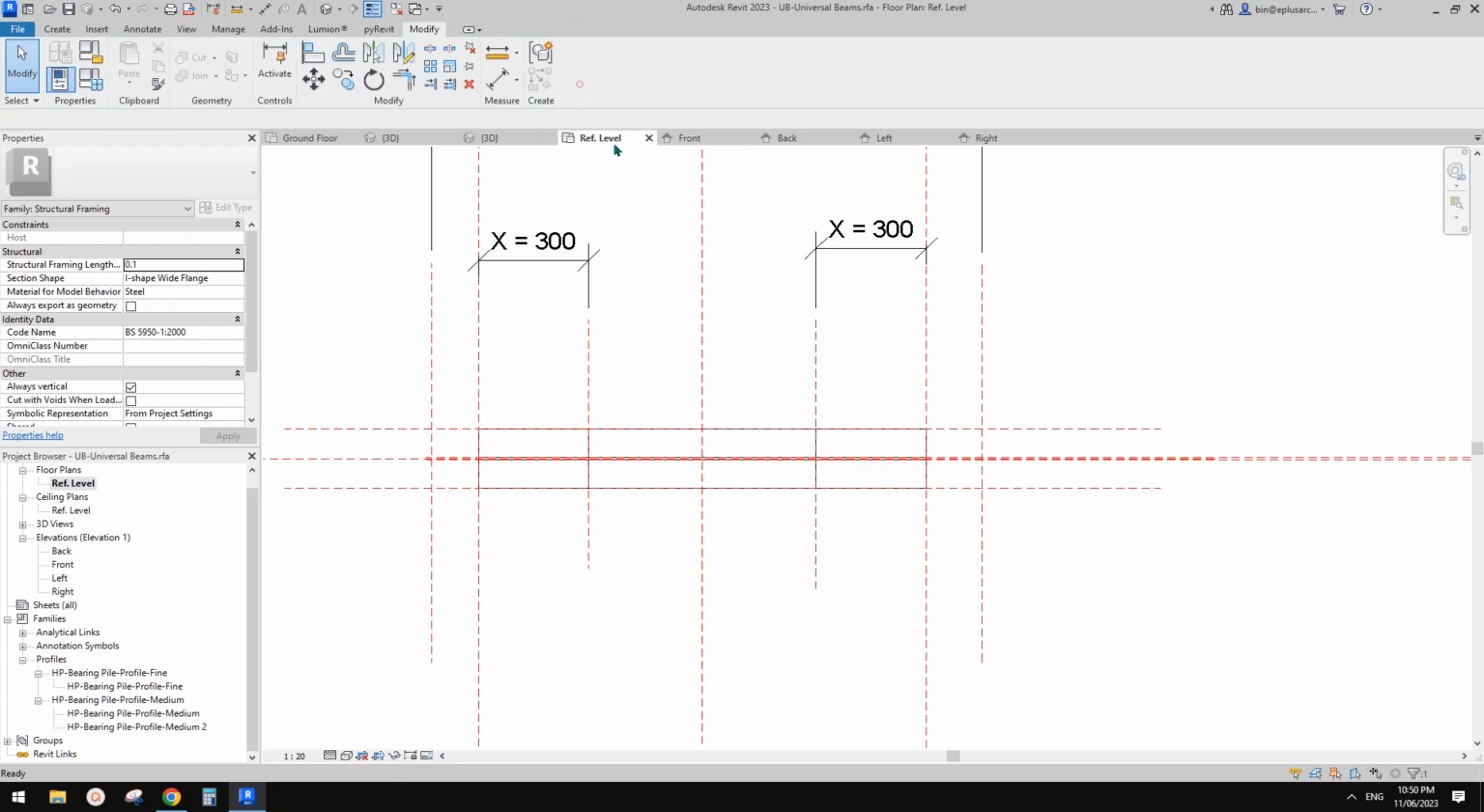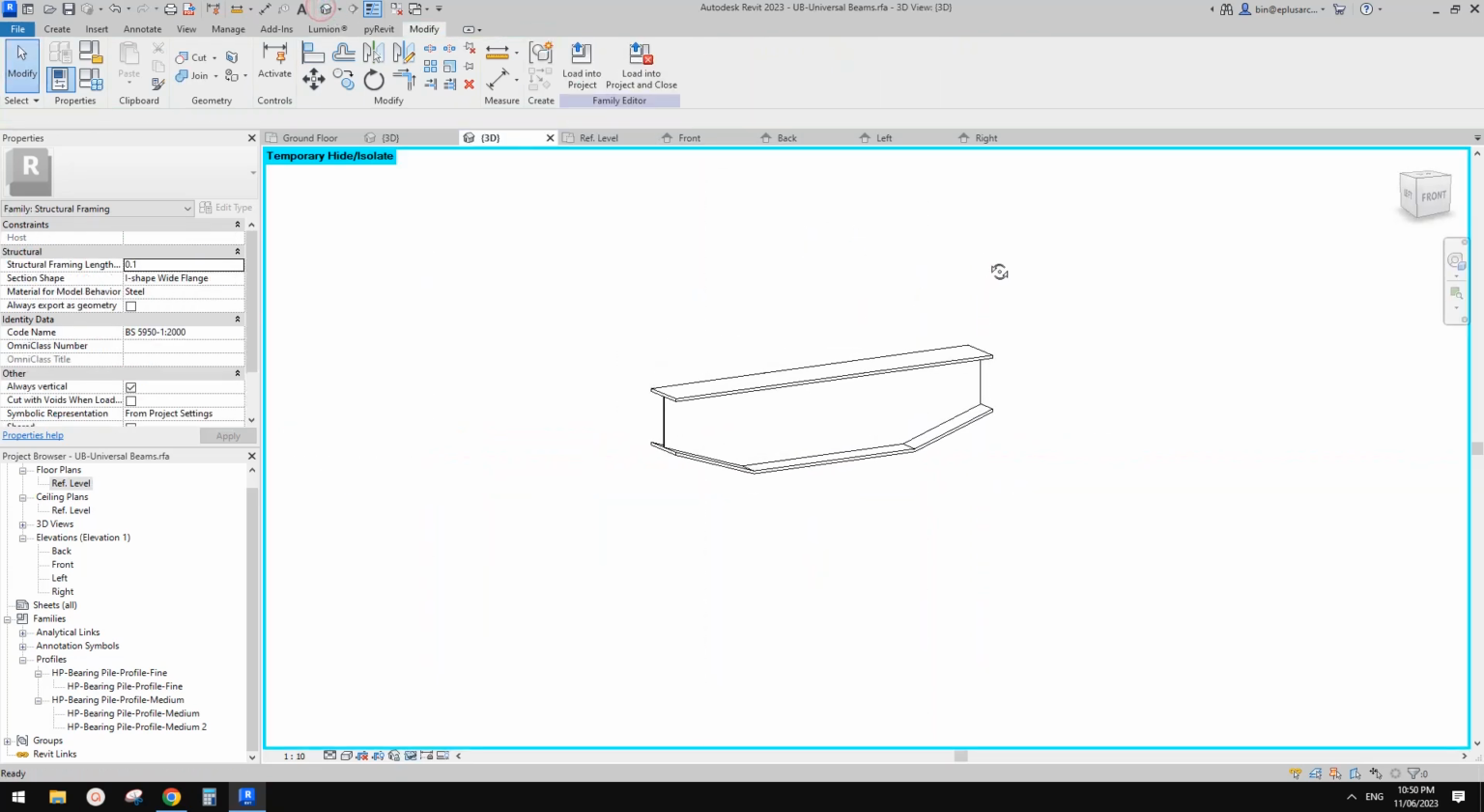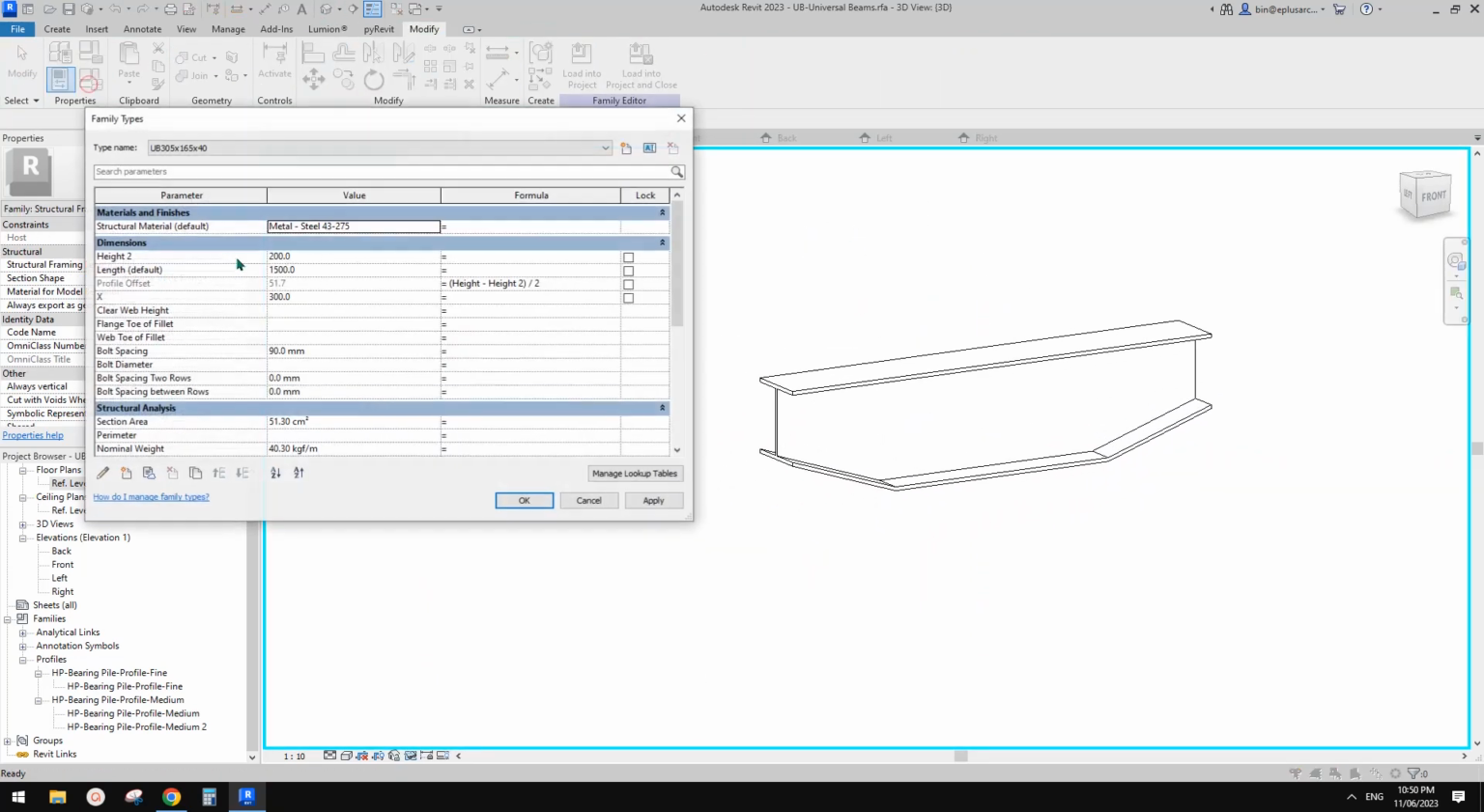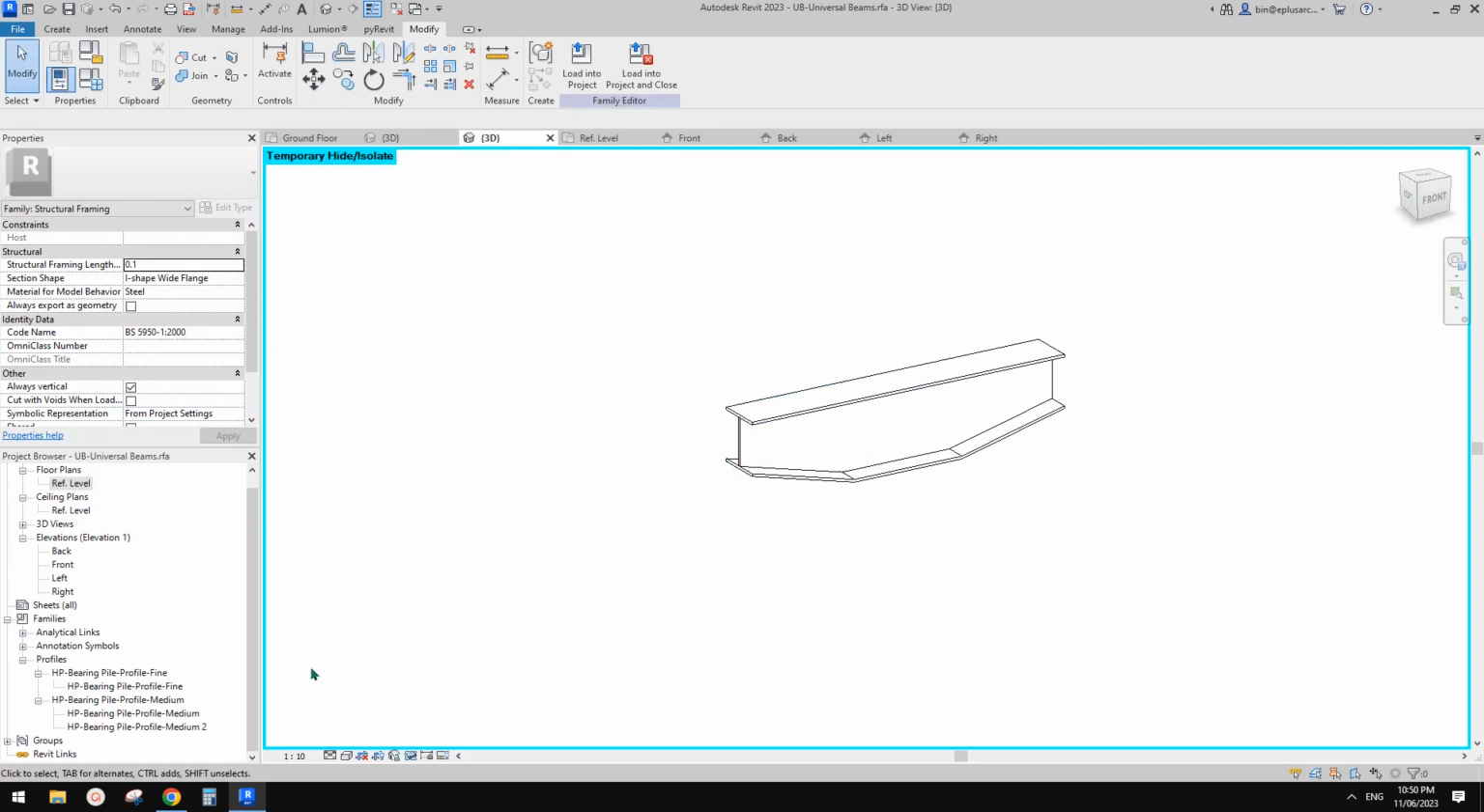Finish. Let's go to 3D view and adjust the X again. Let's try 400. Great. Okay, so I think this is it. So let's maybe change the height to 50. Okay, great. It works. And also, I think